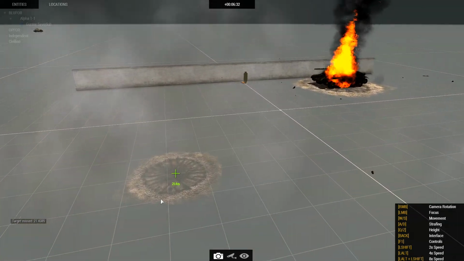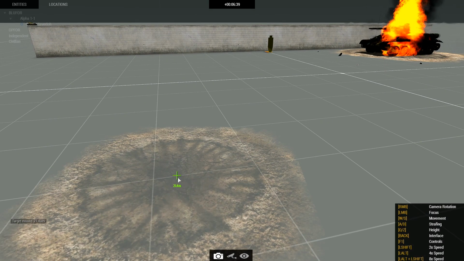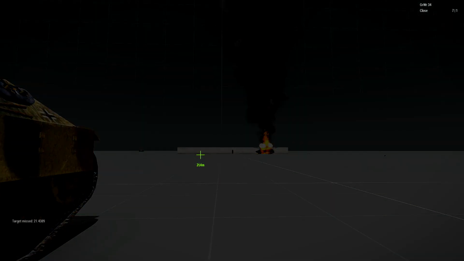So as you can see here, the center of the impact of the mortar round landed right here. So a marker is created, and then of course the distance, and it says target missed, obviously because it didn't hit that. If it did hit that, it would be blue. Now if we